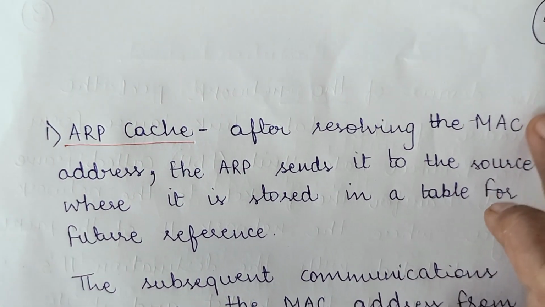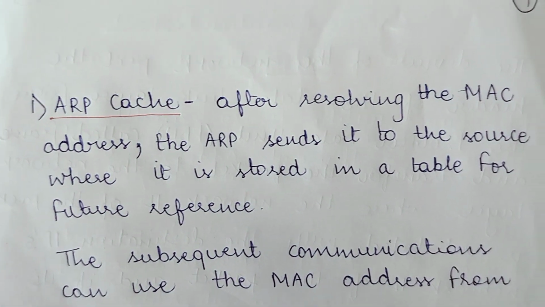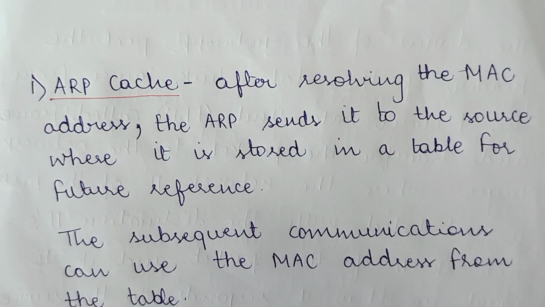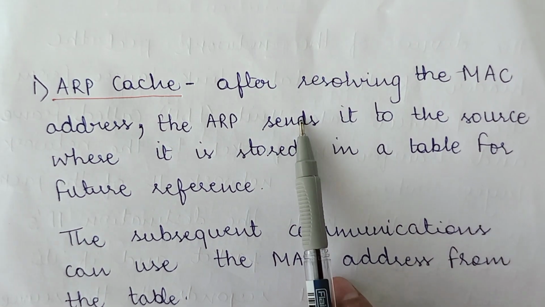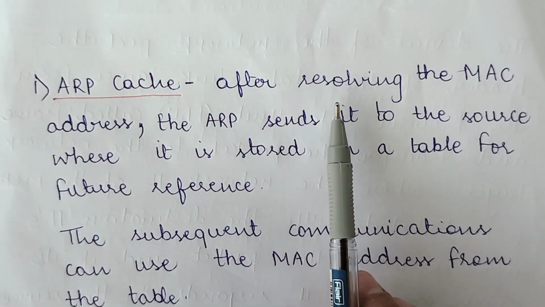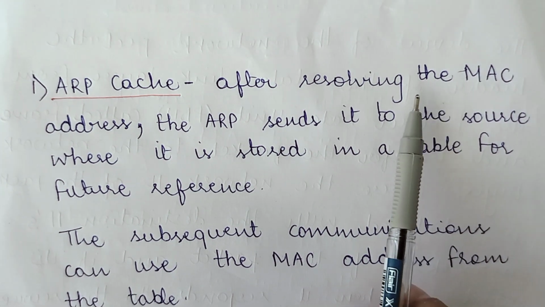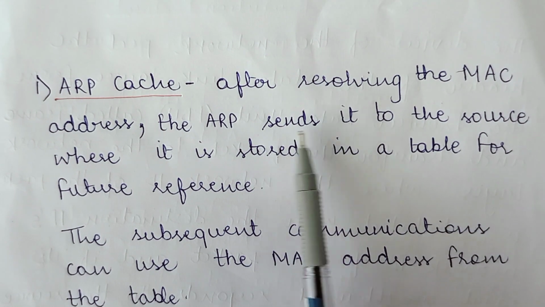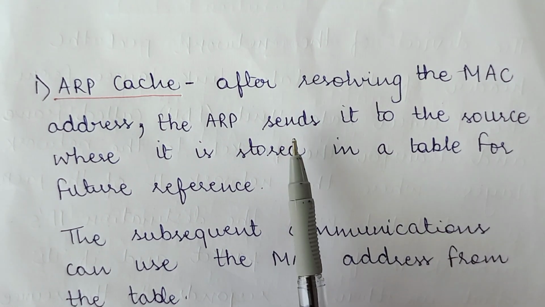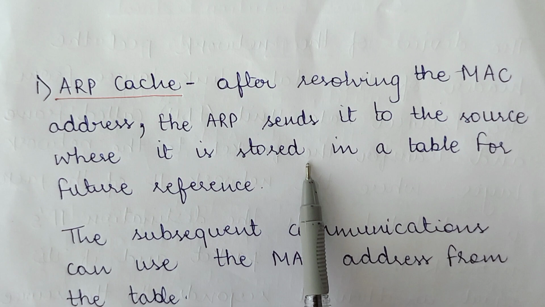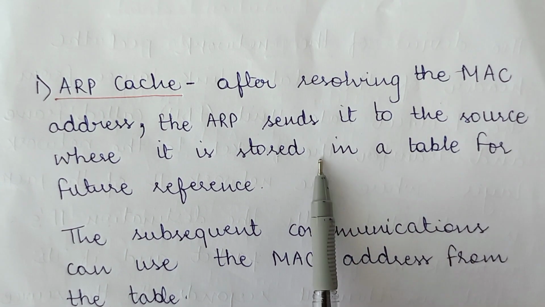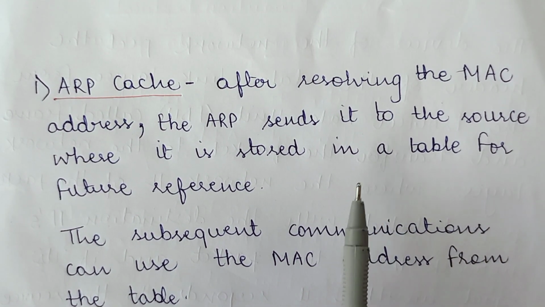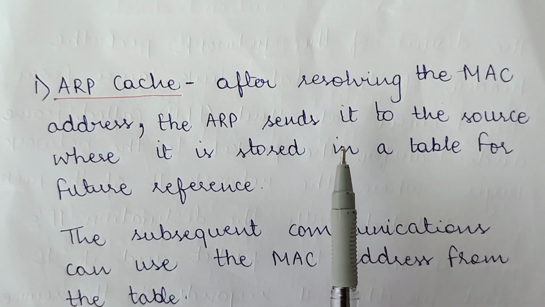Now there are some terms related to ARP which are very important for us to know. The first one is the ARP cache. After resolving the MAC address, that means after finding out the MAC address from the logical address, ARP sends it to the source, where it is stored, because it is the source which is interested in sending a packet to a destination device. And in order to transfer the packet to the destination device, the source must know the destination device's MAC address, which it has now got from ARP. So it will save that